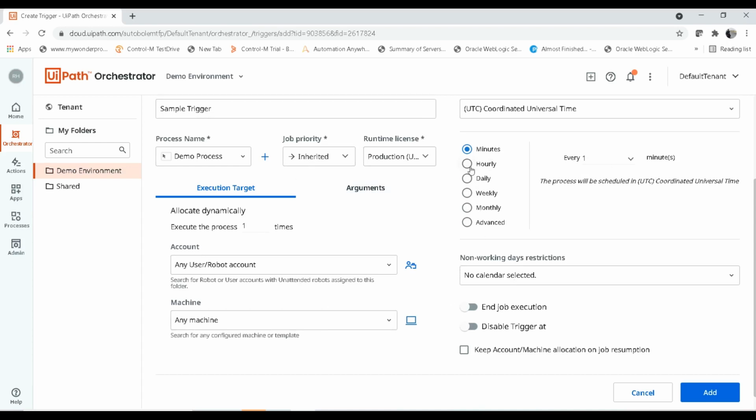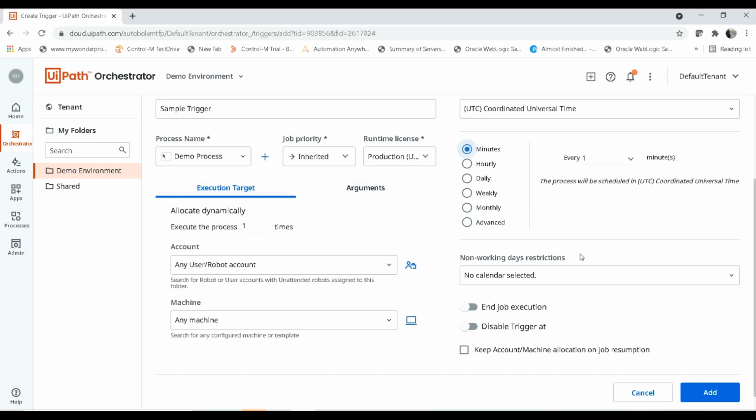If you want to do it on an hourly basis, you can give that in which hour and at what minute you want to create. Or if you want to do it on a daily, weekly, monthly basis, you can do that as well. And if you want to go for a cron base, like if you want to create some cron job for executing these jobs, you can create a cron expression for executing the job. Okay, so that is also possible.